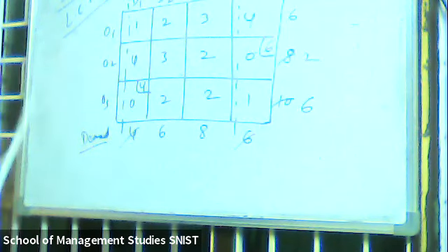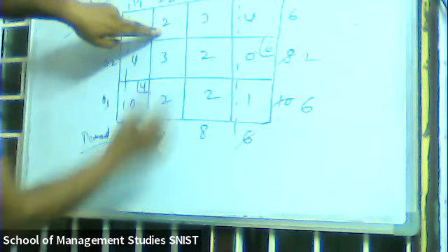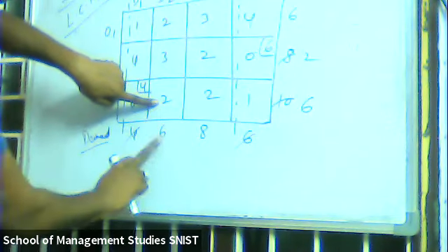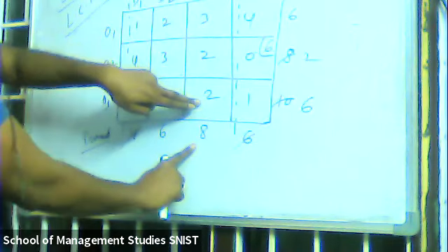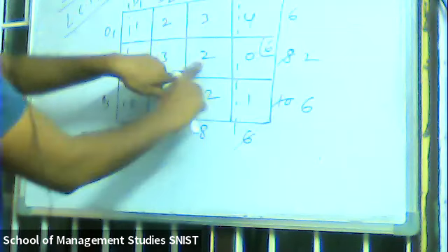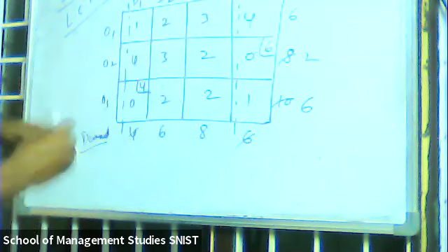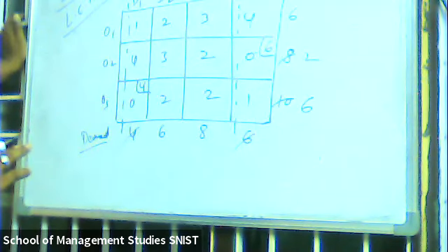Why? See, X12, when you take this one, 6, 6 minimum. If you take this X32, 6, 6, of course, fine. But whereas when you take here, even here also, 6, 8. But whereas when you take here, which is 2, 8. So, X23 is first entry. Okay. So now, are you following? Yes, sir. I think you got the logic behind that.